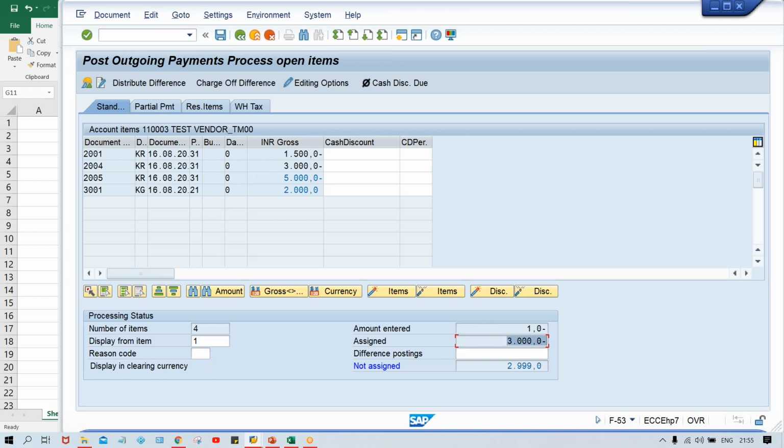And now there might be a question in your mind. Let's suppose at the time of posting payment, the user has forgotten about this credit memo. This credit memo was not selected. So 5000 we have posted into SAP. Now what will happen, guys? So 2 things are there. Either you have to reverse this 5000 and then repost the transaction,